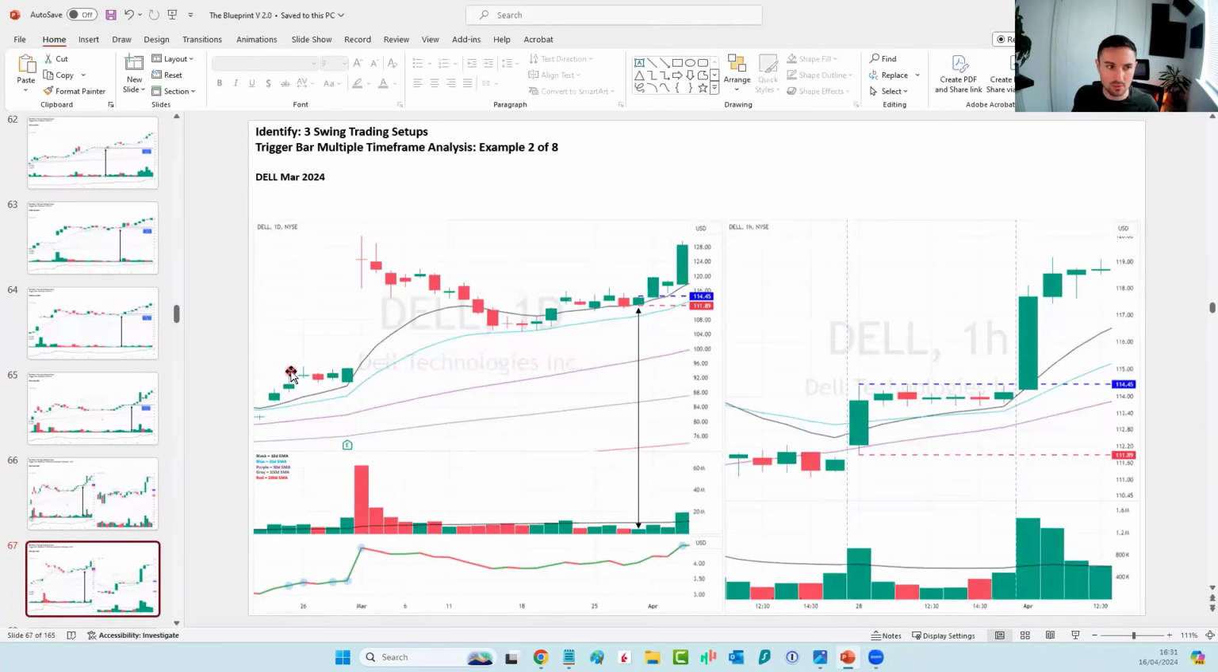So yeah, let's start with this one here, okay? This is Dell, a relatively recent one, March of 2024. Dell gaps up on the earnings. Not a great reaction to the earnings, but it pulls back down and then builds this kind of cup with a